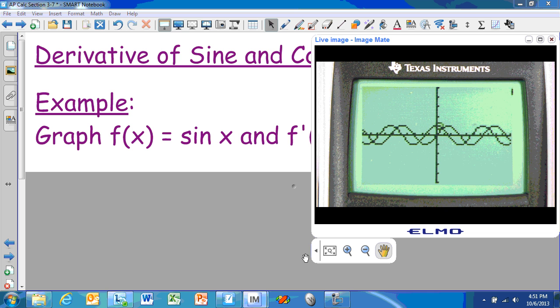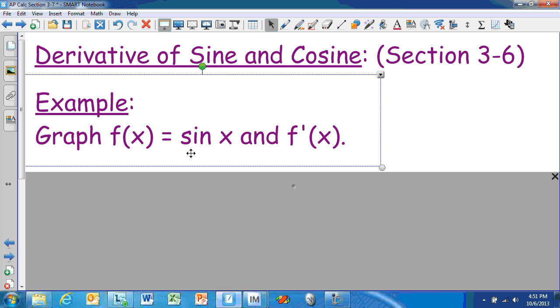It's actually sketching right on top of that derivative function. So it looks like the derivative of sine is cosine. In fact, that's our first property from section 3.6 that we need to note here,